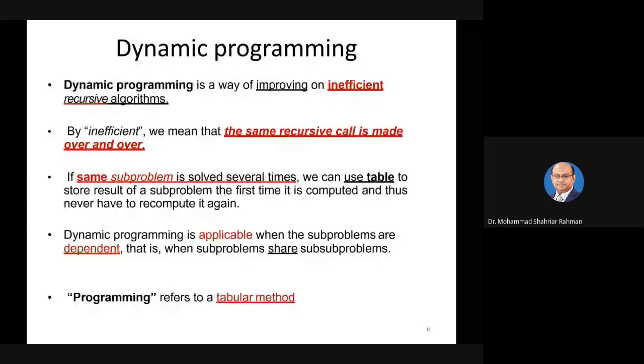So by inefficient, we mean that the same recursive call is made over and over. স্যার, আমার মনে হচ্ছে আপনার কথা কেটে যাচ্ছে। টাইম একটু গ্যাপ তৈরি হচ্ছে, তারপরে কথা আসতেছে। Okay, let me just a moment, please. এখন কেমন? এখন ঠিক আছে? হ্যাঁ স্যার, শুনতে পাচ্ছি।